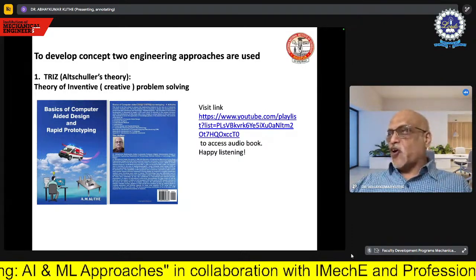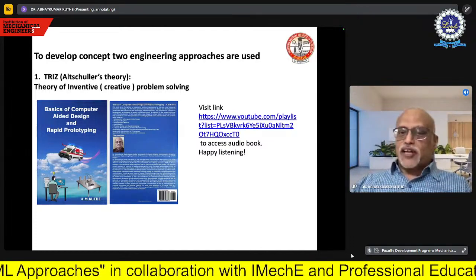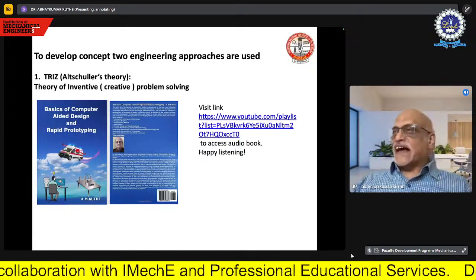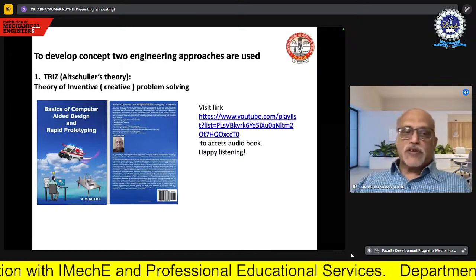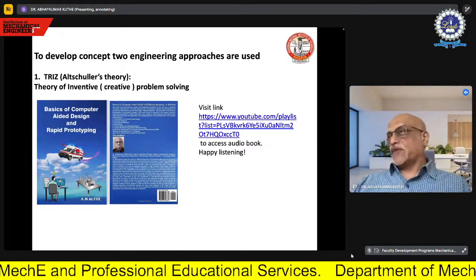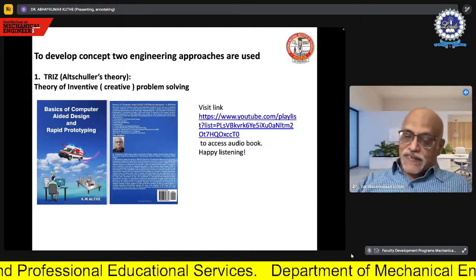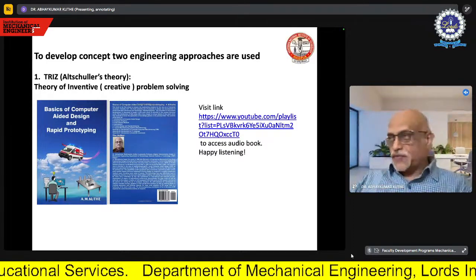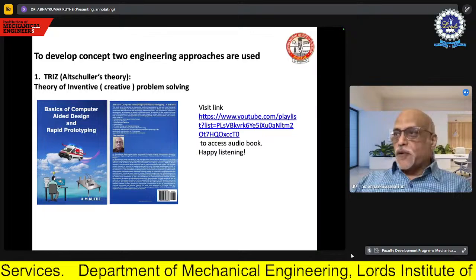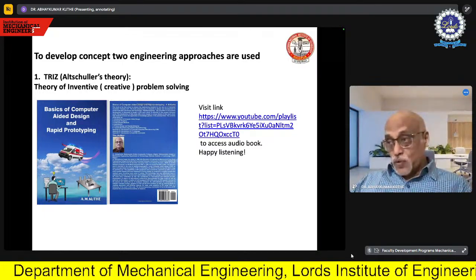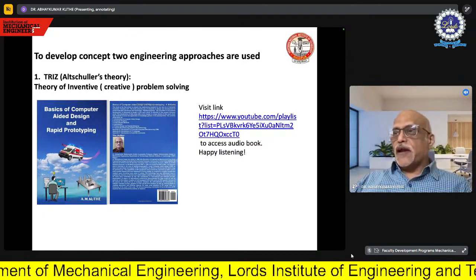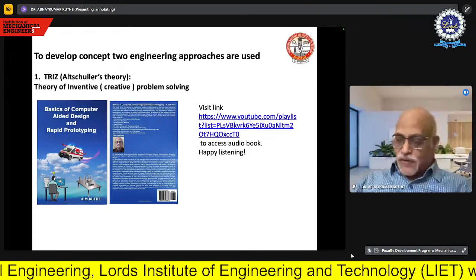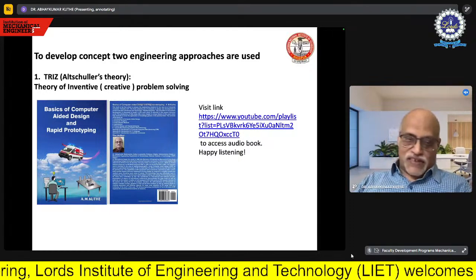You'll find that you can listen to all the contents of it, and that will be quite interesting for all of you to get an idea of how exactly product design from the point of view of TRIZ, the theory of inventive problem solving, can be used. This is really very interesting, because in medical additive manufacturing, which we are going to talk about, the innovative product is the ultimate goal, and that product should suit the patient. That's exactly the case. Nice case studies have also been discussed in the book.